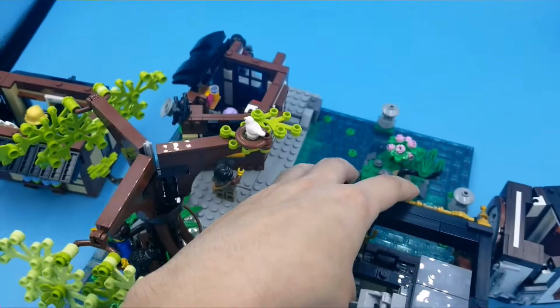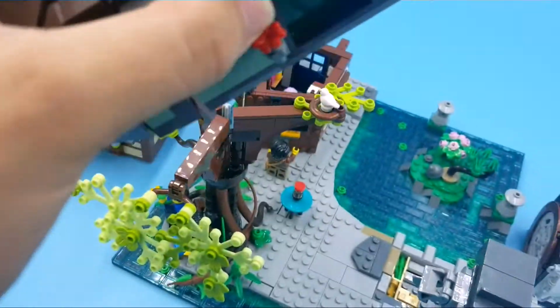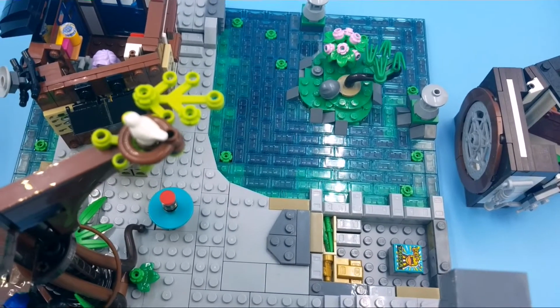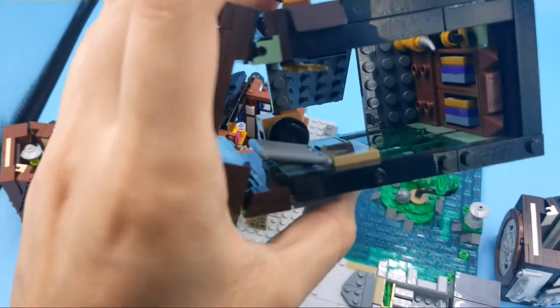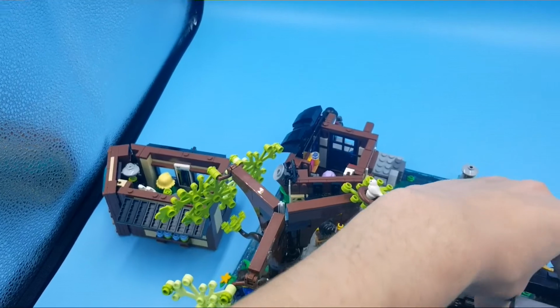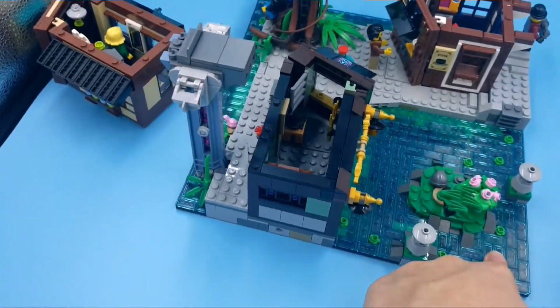Take this building off. Oh yeah, some of these buildings you can take off like this, and you can show them individually. This is Ronin's shop, and I just took it out kind of weirdly, but that's what's under the shop. There's a bunch of weapons and trophies and stuff, and some bins, and you can access that through that trap door, which kind of popped out weirdly. If you place that back in,